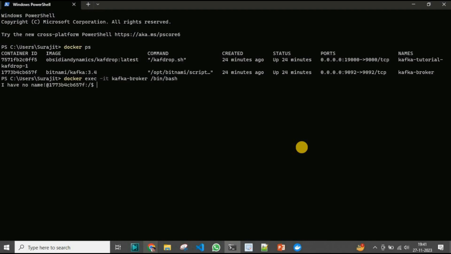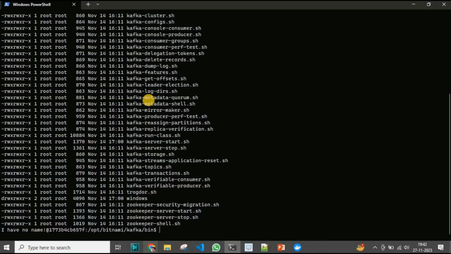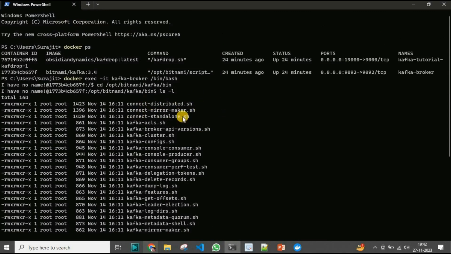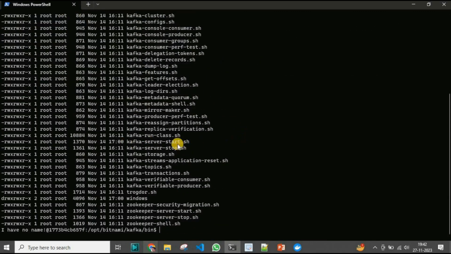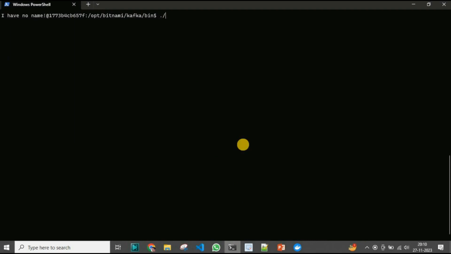By running this, I enter into the container. Now I will go to the bin directory for Kafka, so cd /bitnami/kafka/bin. The bin directory contains a number of shell scripts for Kafka management, publishing and subscribing. If I list, you can see the shell scripts, connect-distributed, connect-mirror-maker, and we have server start and server stop. I will use this kafka-topics.sh file to create a new topic. So the command is